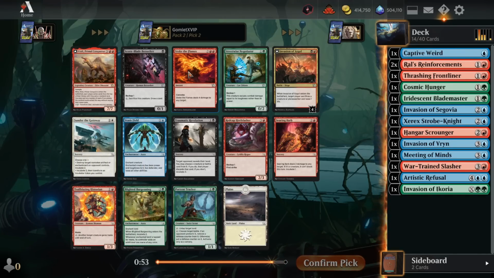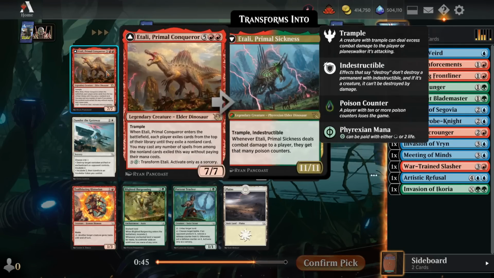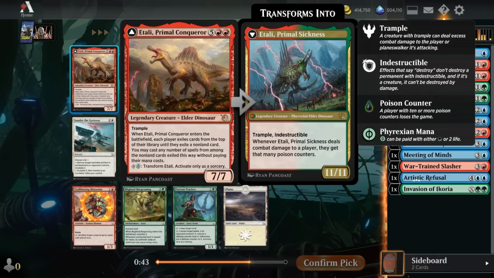Oh my god, I want to take Stoke the Flames really badly. It is excellent interaction, and you can convoke it out for super cheap. However, Atali is one of the most busted bombs in this entire format. This is a 7 mana 7/7 trample. Alright, that's whatever. That's just a filler top end creature that's probably going to beat your opponent down if they don't kill it. But when this enters the battlefield,